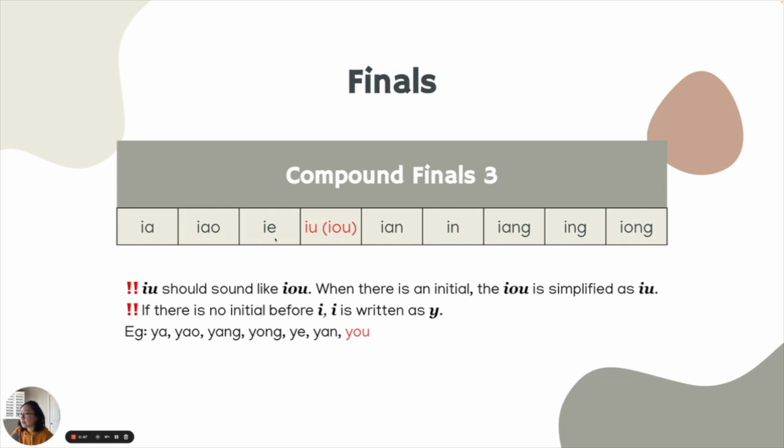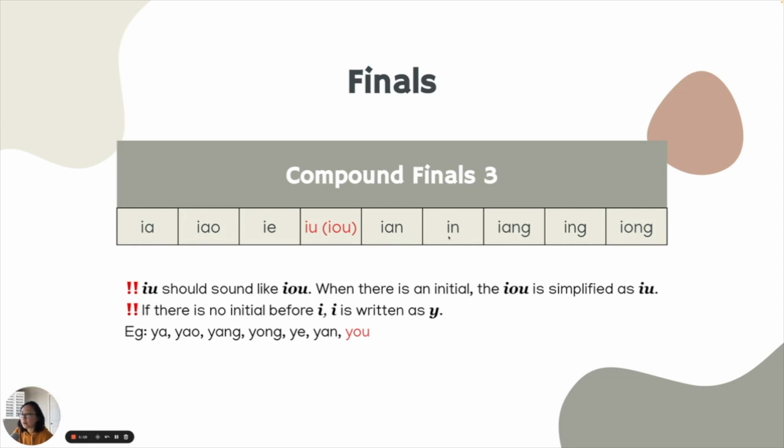And then give this one a third tone, ye, and then yo. So IU should sound like yo. When there is an initial, the yo, IOU, it's simplified as IU. So it's yo, and then IAN is yen, and then IN is yin, IANG,